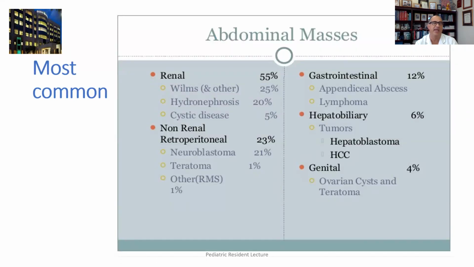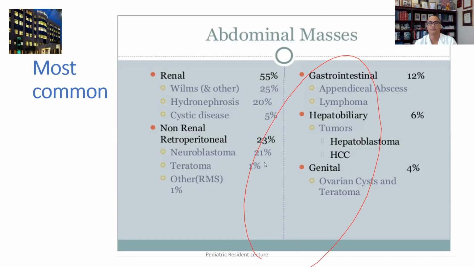It would be age related, but if we look at it all together, renal related abdominal mass is probably the most frequently involved organ, over 50%. And I would say that Wilms and hydronephrosis would be the two most common that we're going to see involved in the kidney. When it's not renal, but it's still located in the retroperitoneum,